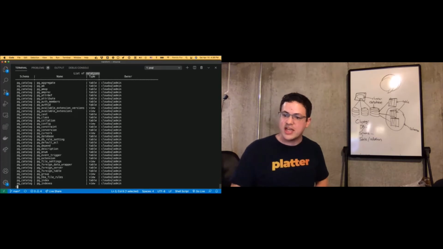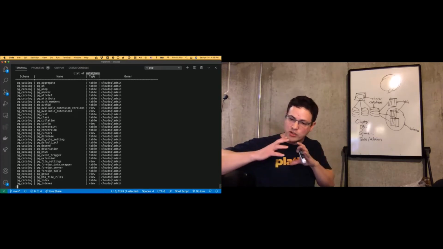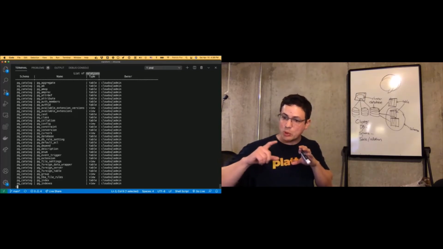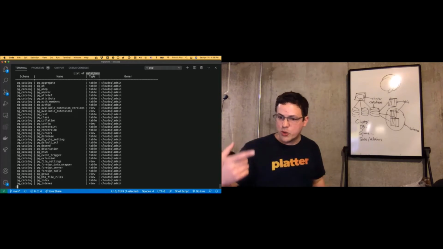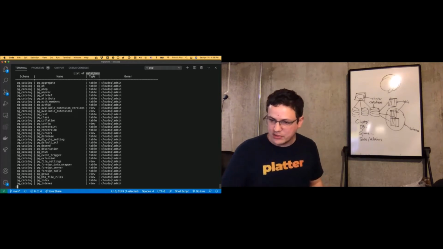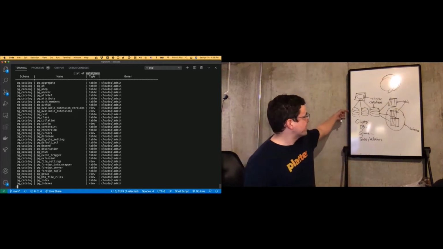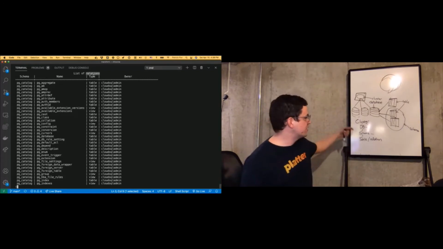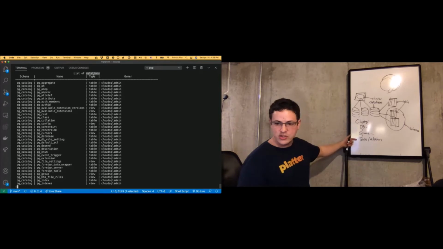But it is a set of processes that runs on a machine that manages the storage and the query and connection interface for multiple databases. What you create when you use Platter to create a database is this. It's the second level. It's a database. That database can contain many tables or relations, and those tables or relations within the database are